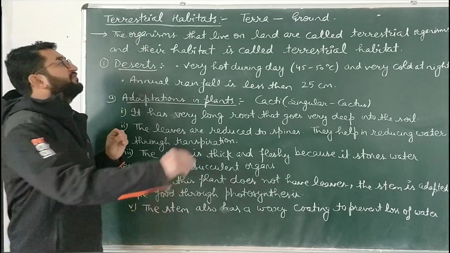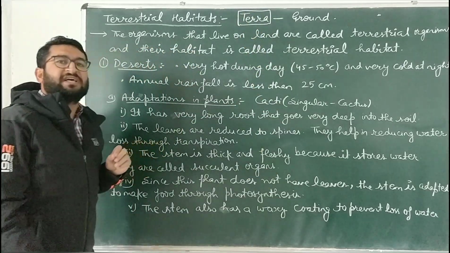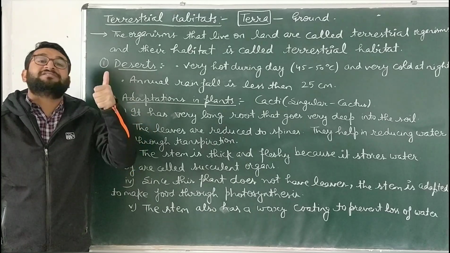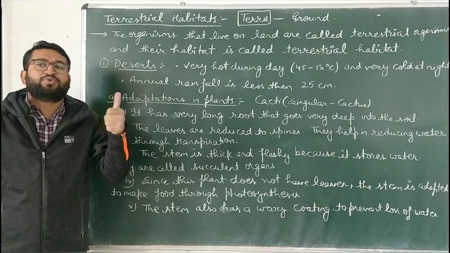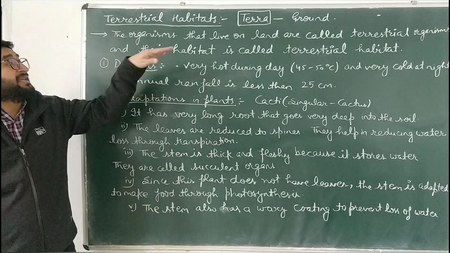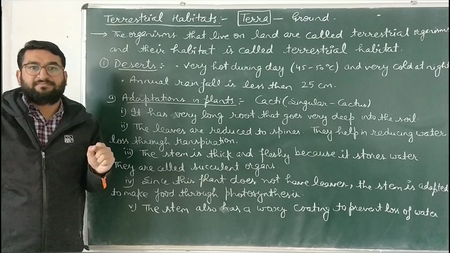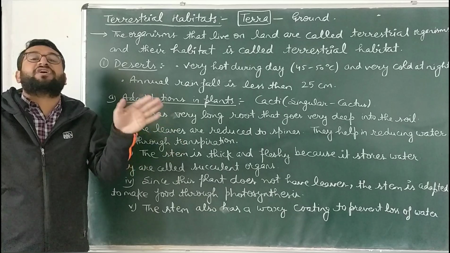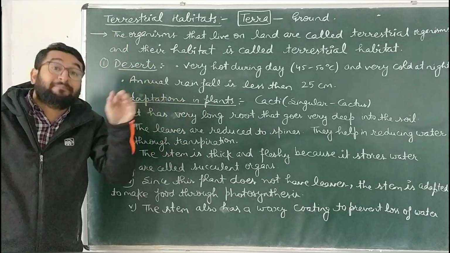The word terrestrial is taken from a Latin word. In science, two languages are very helpful in making the terminology. One is Latin, which is a dead language that we are not using, and the other one is Greek. So terra is a Latin word, and in Latin terra means ground. The organisms that live on land, on the ground, are known as terrestrial organisms, and their habitat is